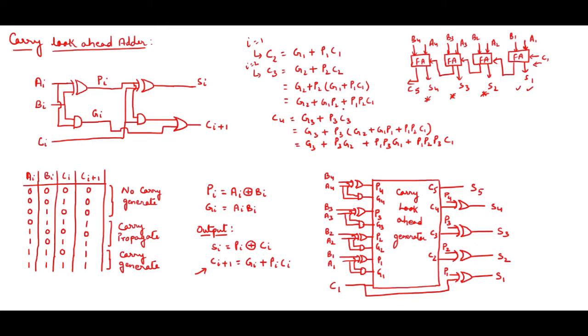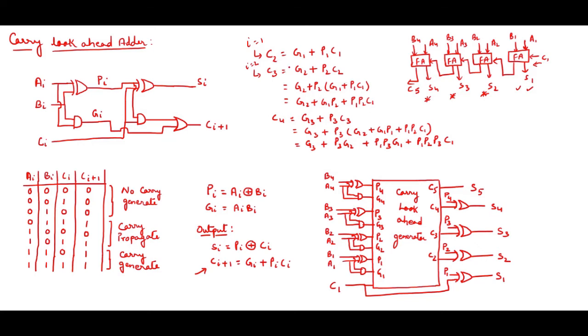When I am talking about C3, I am having C1 as well as C2, okay. I am having C1 as well as C2 also, okay. What is C2? It is in terms of C1, right? Similarly, when I am talking about C4, that is i equals 3, if I take, I am having C3. So C3 is what? C3 is having C1 inside that, right? Okay, and C1 is coming from where?